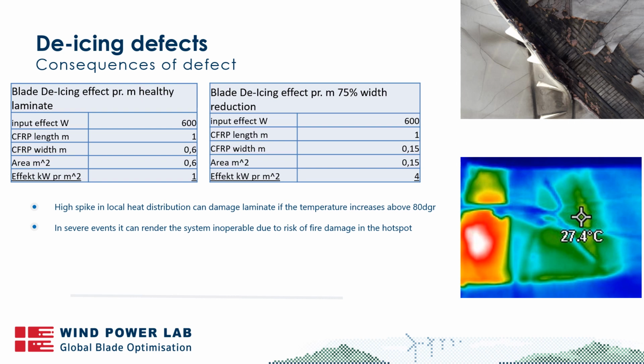So we looked at before how much energy was generated in 1 square meter. If we take a dive into that, that means that if you have a local meter on a de-icing system, you would have an input effect of 600 watt, as the carbon width is 0.6 meters. Then if you go to the situation where you've had the delamination caused by either lightning or transport damage or fatigue, any of the above, and this is then reducing the area where heating is transferred to 25%, that would give you an active width of